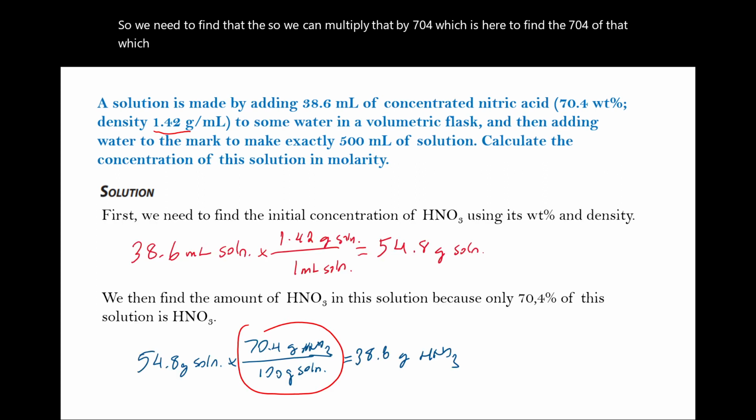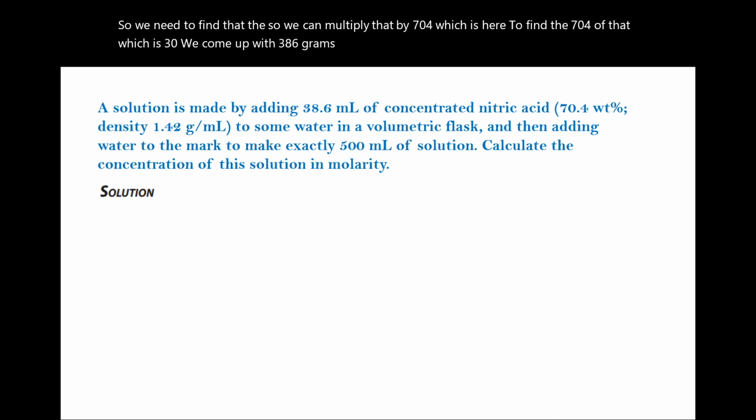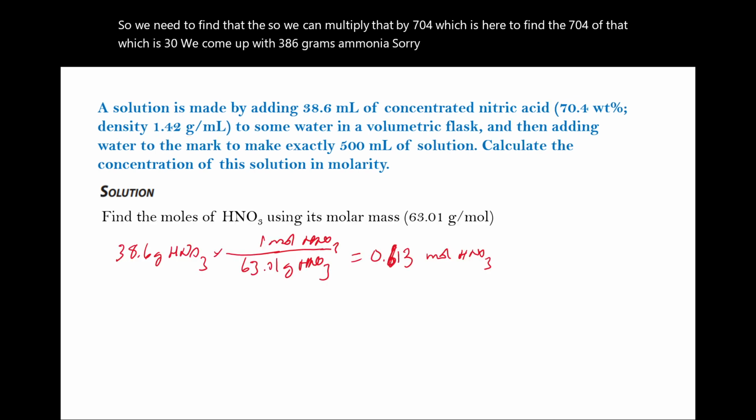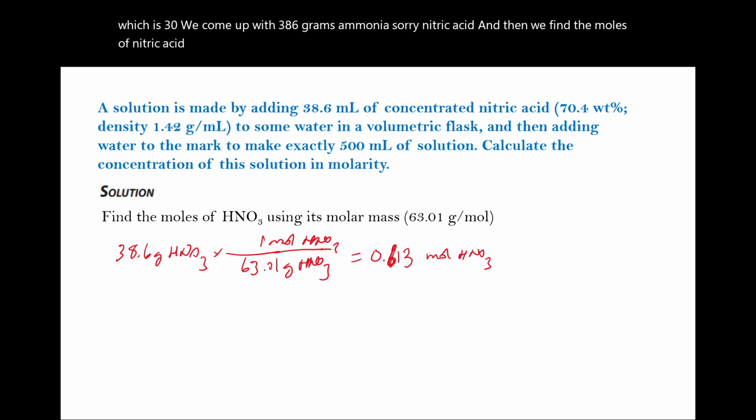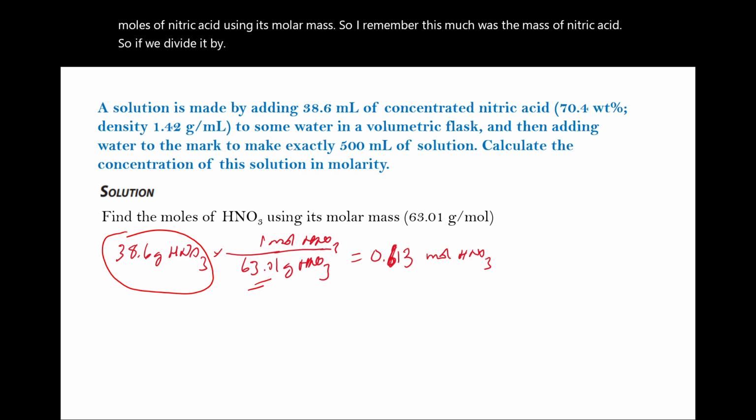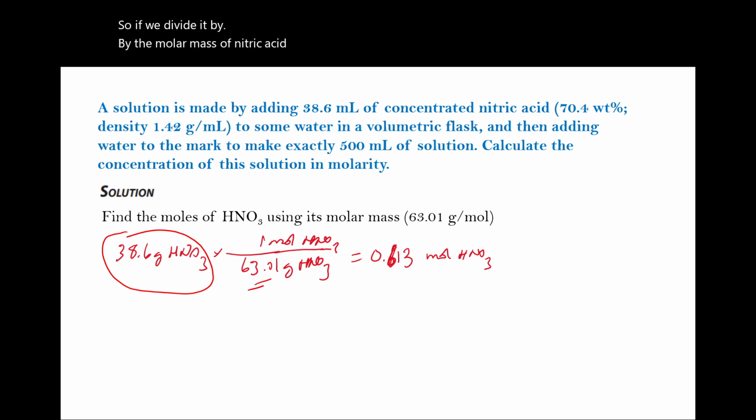We come up with 38.6 grams nitric acid. And then we find the moles of nitric acid using its molar mass. So remember this much was the mass of nitric acid. If we divide it by the molar mass of nitric acid, which is 63.01 grams per mole, we come up with 0.61